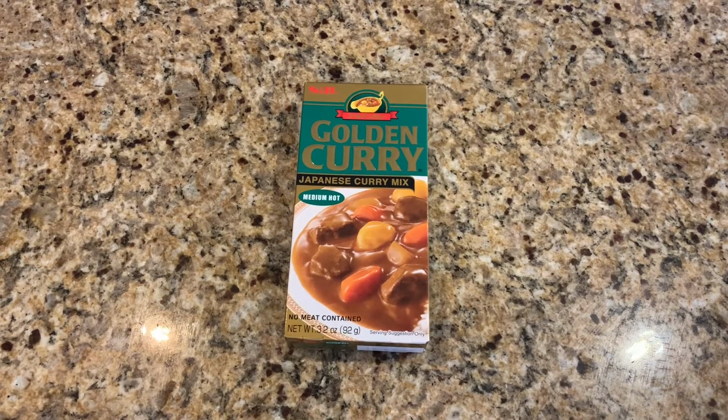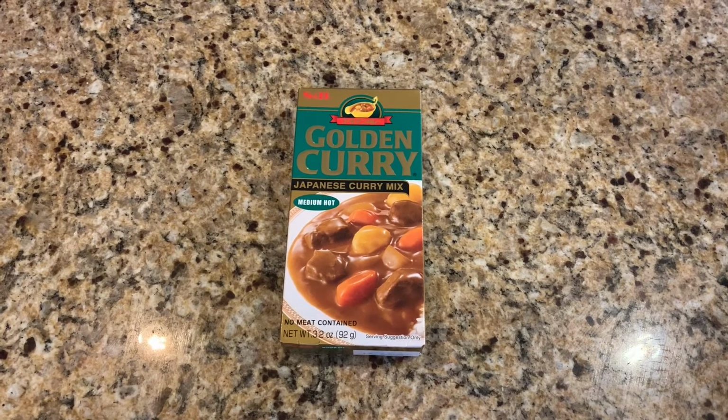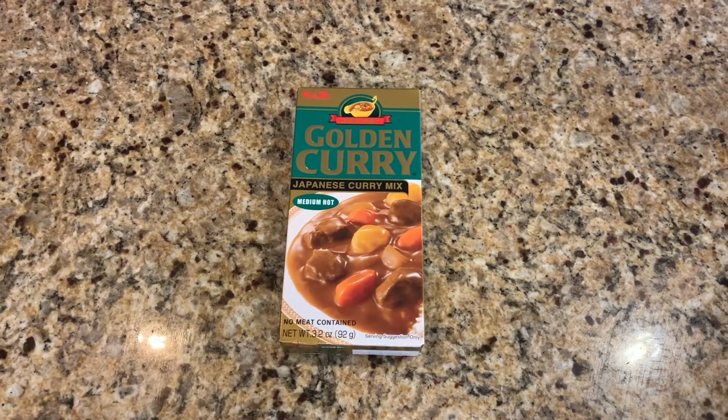Okay, so our first ingredient is this Japanese golden curry sauce. I chose it in the medium hot because I like it a little spicy. It's also the only type that I could find at my local Walmart, but you could choose any spice level that you want. If you don't like spice, you don't have to get it. But it looks really good. It comes in a cube form, so you just have to add it to water,